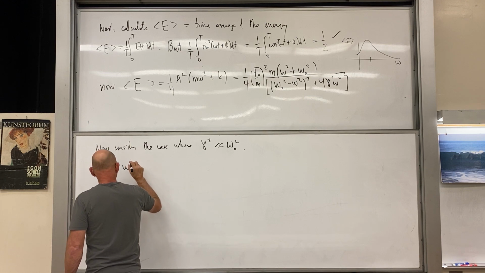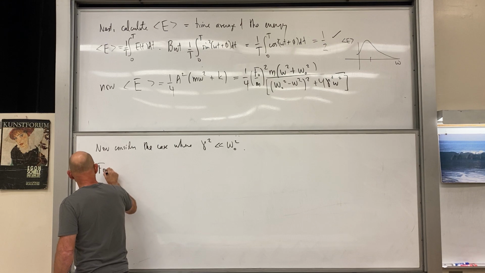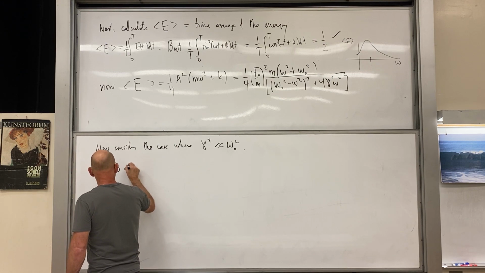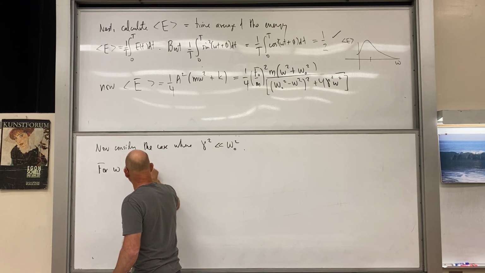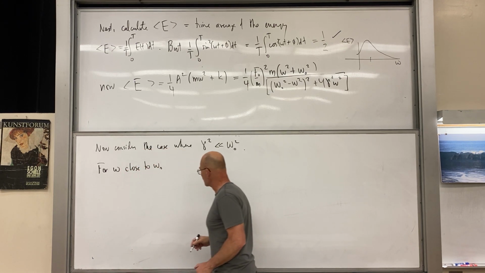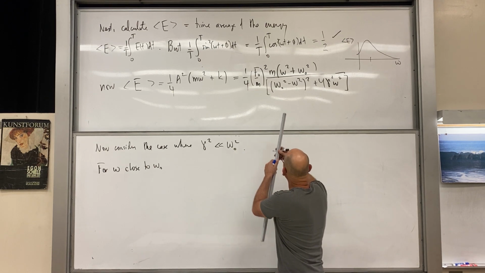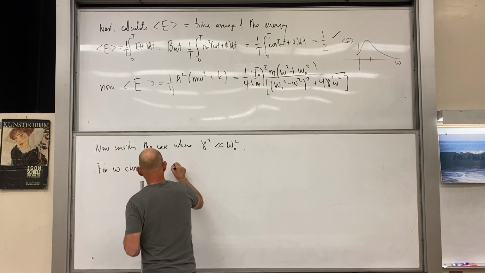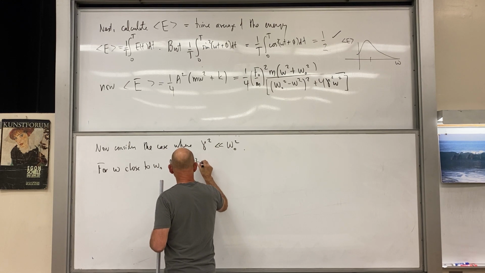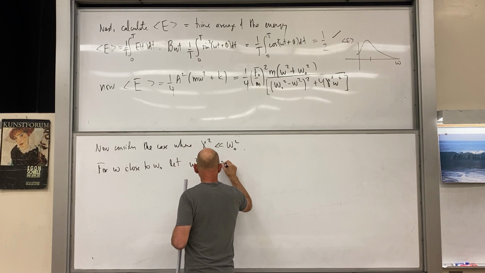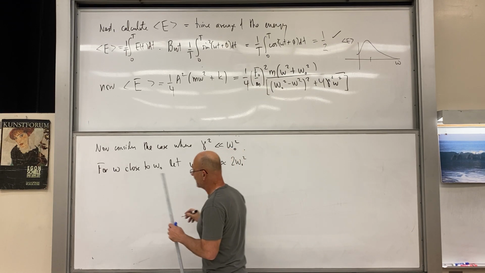Near omega, so for omega close to omega naught, okay, let's write that clearly. For omega close to omega naught, we know the thing's going to be sharply peaked, so we can do that. For omega close to omega naught, we're going to go ahead and let omega squared plus omega naught squared be approximately equal to 2 omega naught squared, and